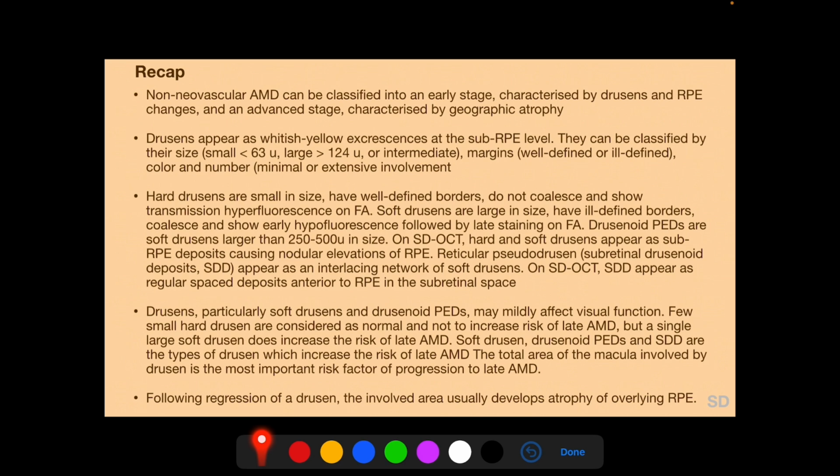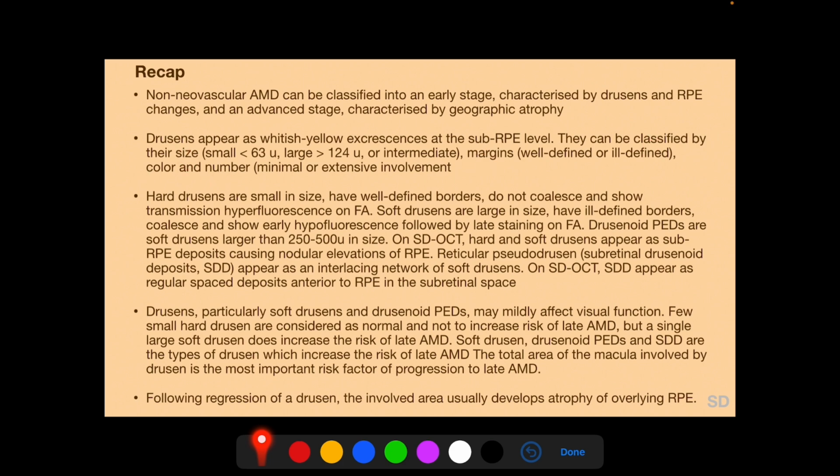To recap the salient points, non-neovascular AMD can be classified into an early stage characterized by Drusen and RPE changes and an advanced stage characterized by geographic atrophy. Drusen appear as whitish yellow excrescences at the sub-RPE level, and they can be classified by their size, margins, color